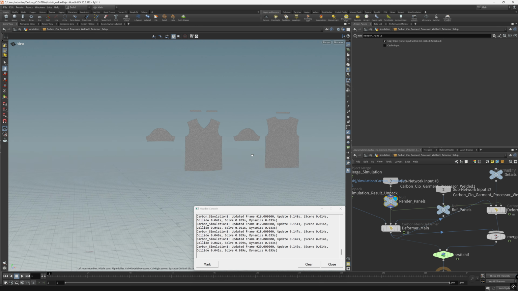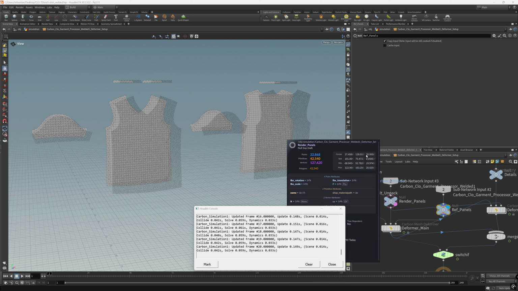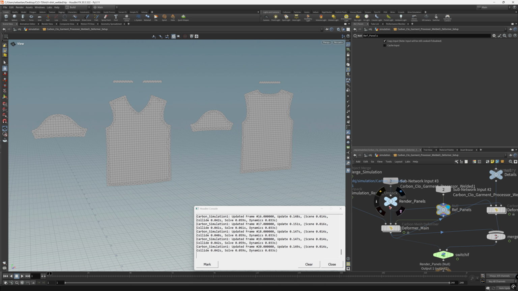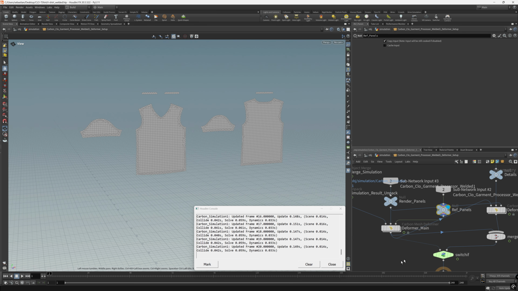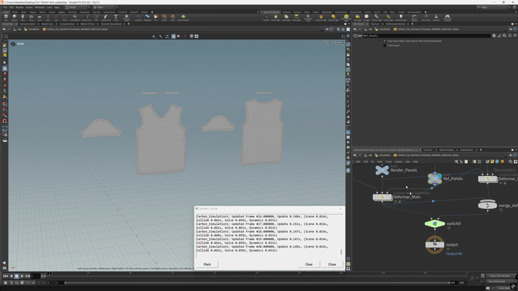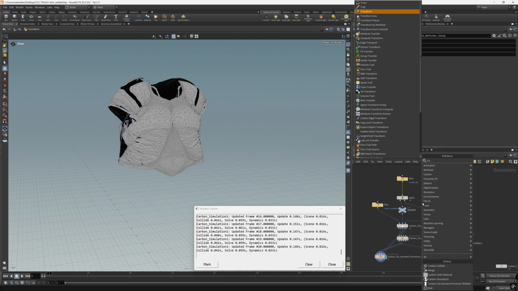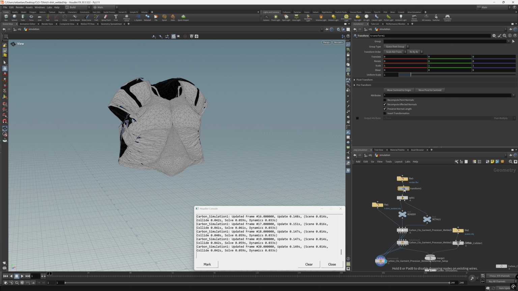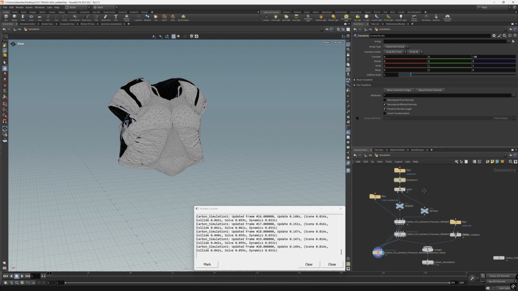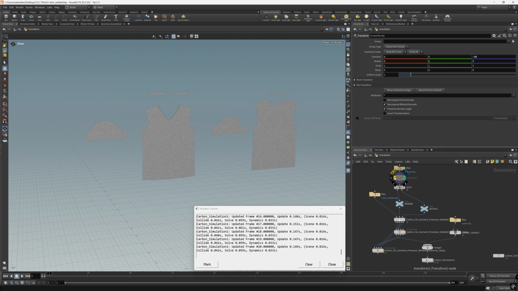So why is this? If I middle mouse button click here, I can see that there's a center of Z equals 20 on this. So unfortunately, the way CLO exports these flat panels is always with a value of 20 in the Z offset. So let's go back up. We have our render meshes, and we can just add a transform. And we want to remove the offset, so we go -20. Now it moved. If you show here, disable, enable, you can see that it moved both the render and the